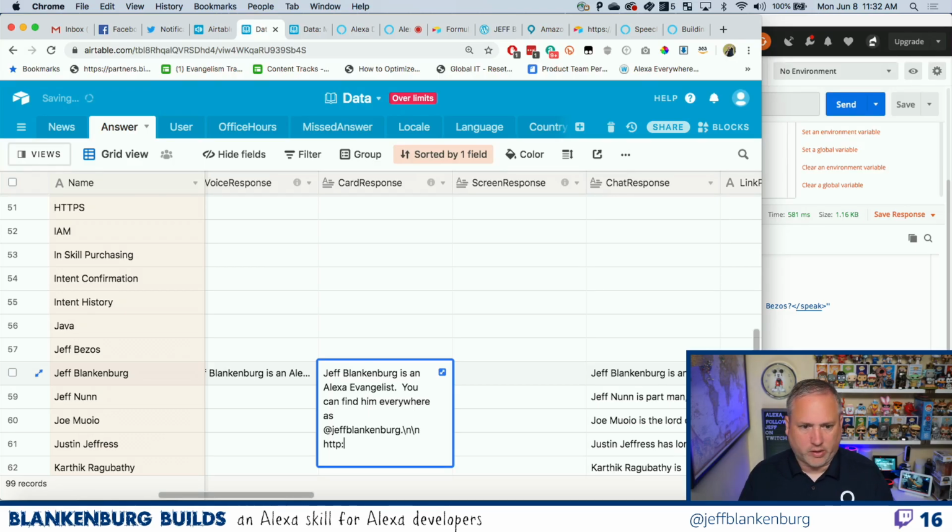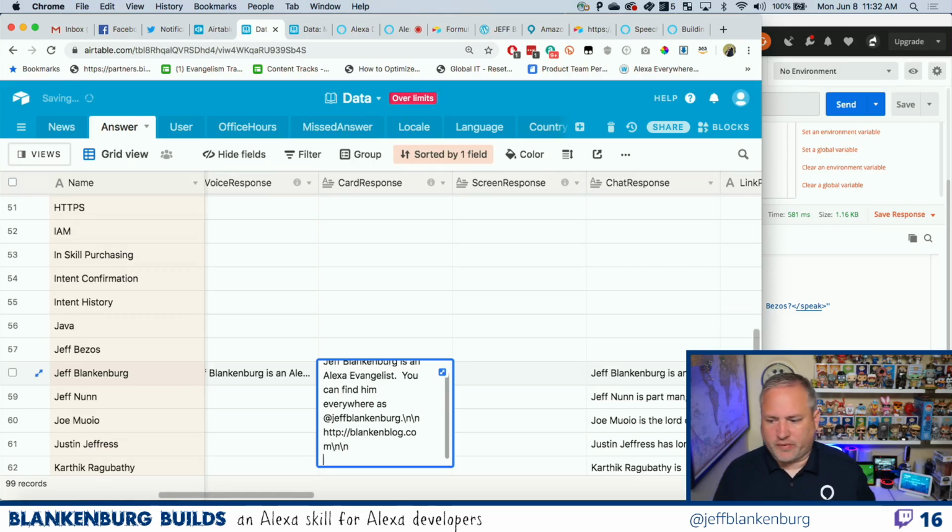And then I can say, let's do Blankenblog. And this is why we have different values. The delimiters make a difference depending on the platform that you're on. For cards, it's a \n, but I can do Blankenblog.